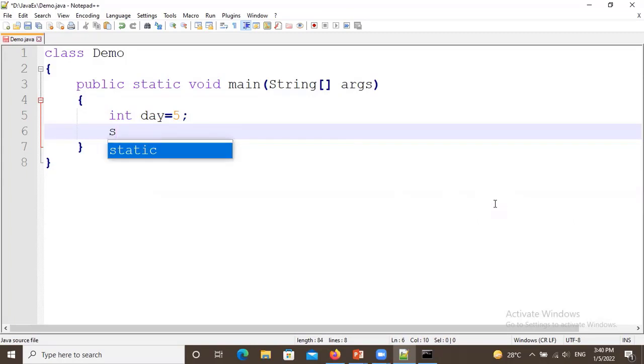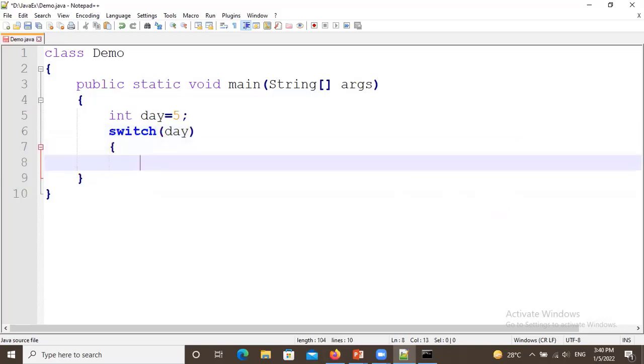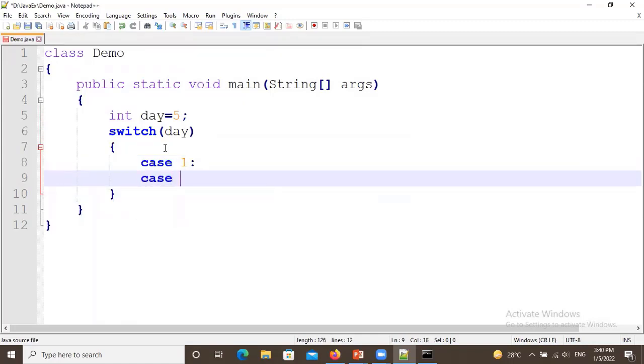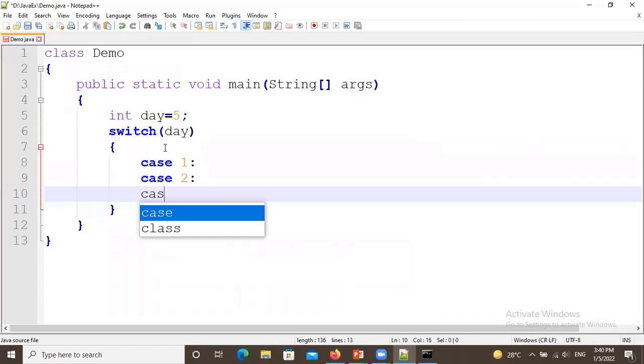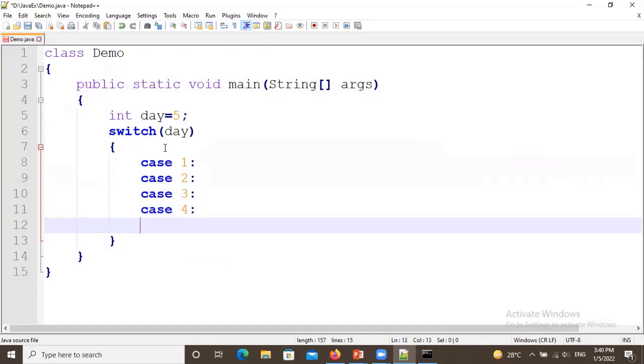So there is a switch. In that I'm going to pass the day, and then into the switch it will be followed with case 1, case 2, case 3. How many days? There are 7 days in the week. So there will be 7 cases.